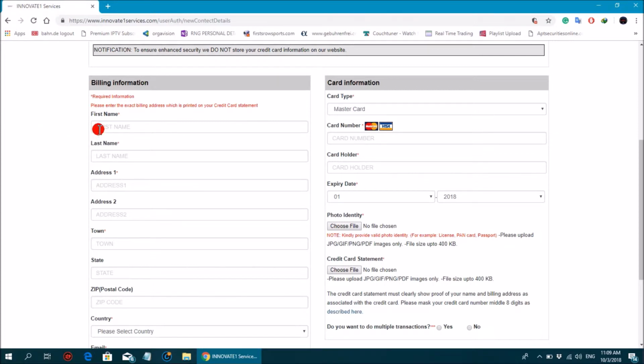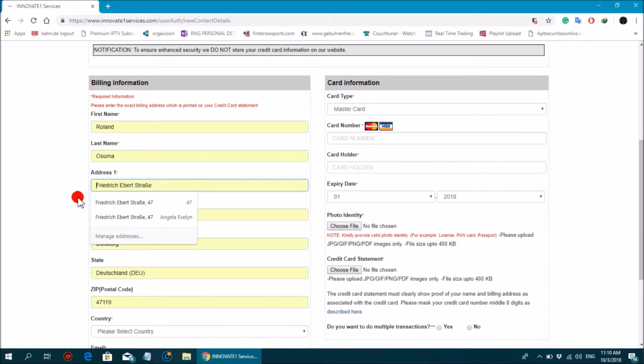So type everything, type your first name and type your last name, which is your surname. Your first name, your real name, your given name, and your last name, your surname. Put in your address. Type everything yourself and make sure you leave no space. So you can put a full stop, but don't leave the space.